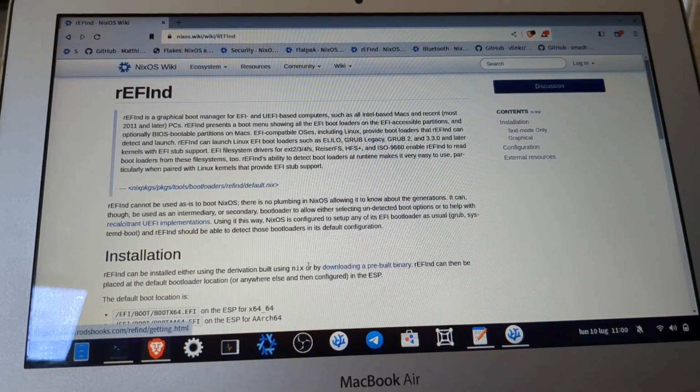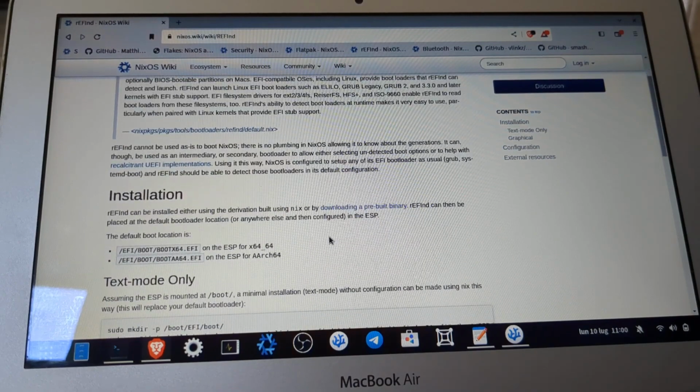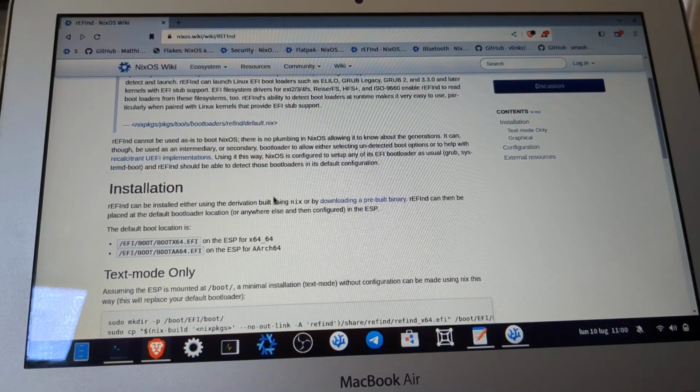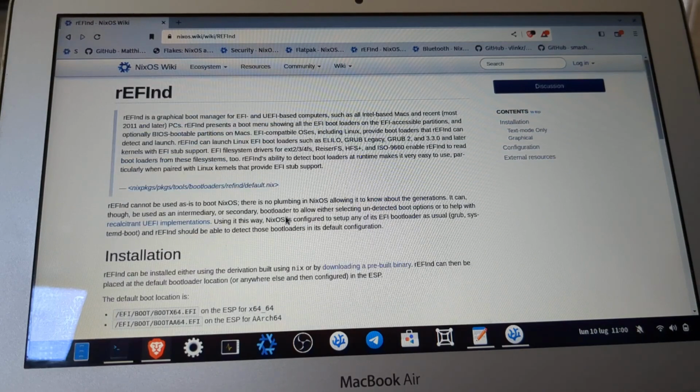You can pick the partition for NixOS, but if you run rEFInd installed in the computer, it shows all the generations of NixOS, but I'm not able to boot from there. So I always need the live USB to use this kind of bootloader.